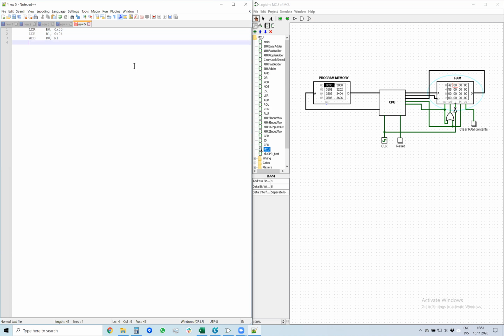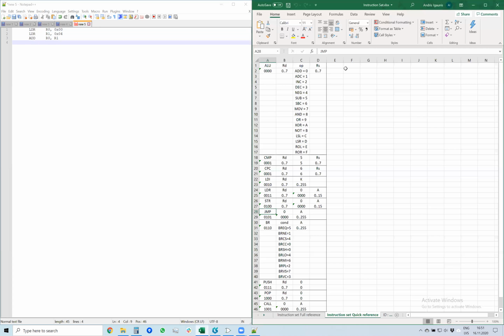So we add these numbers together. The next thing that we need to do is store the result into RAM address number 8. The instruction for that is named STR, store, in our case. In some assembly languages it's just ST, but for our case, we will use STR. So the register R0 value we want to store into RAM address